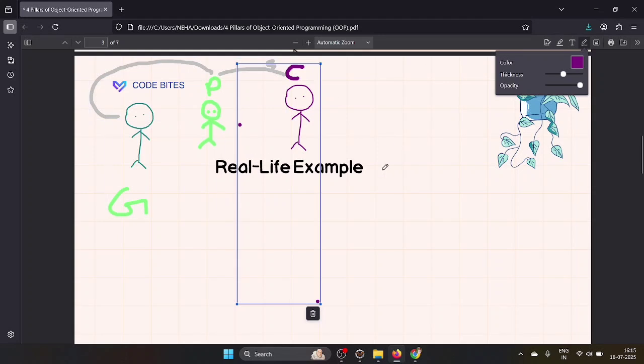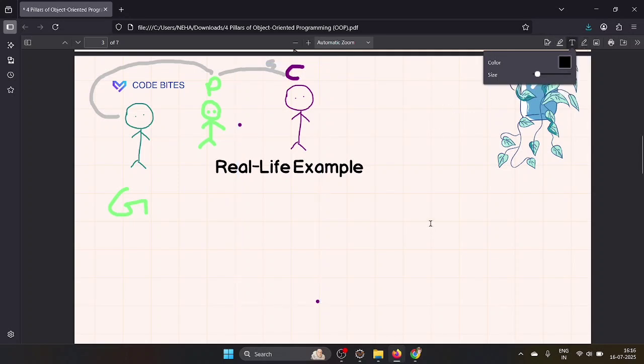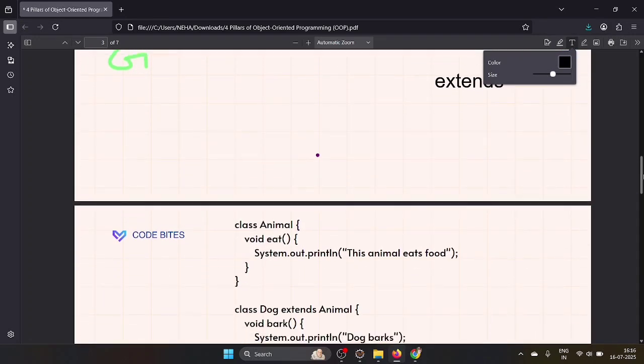We can say inheritance is the process of one class acquiring the properties and behavior of another class. Why do we need it? The advantages are that we can reuse the code and reduce the development time and effort, and company profit is increased. If you want to inherit a class, we make use of one keyword called extends. If one class acquires the properties of another class, we make use of the extends keyword.